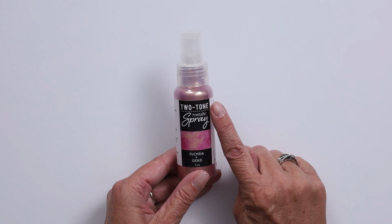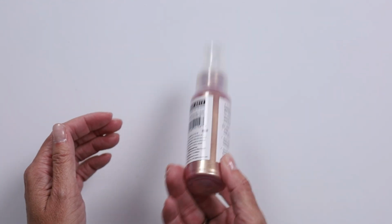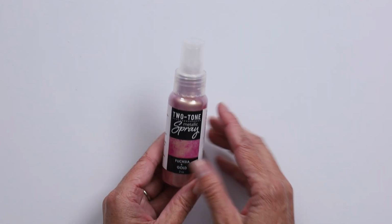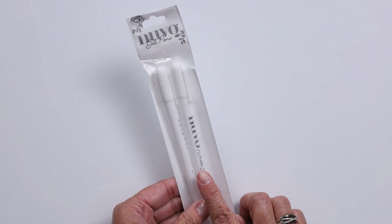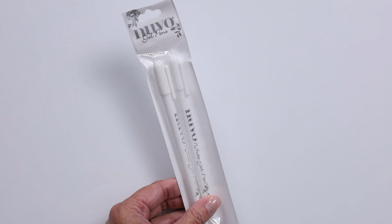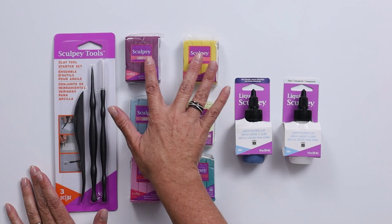From Spellbinders is this two-tone metallic spray. This doesn't come with any liquid in it. It is just that powder inside, and all you need to do is add water and shake it good, and then you have a spritzer. So you don't have to worry about it leaking while it's being shipped. These white gel pens are from Sonic Studio, and if you are a paper crafter, you definitely need some good high-quality white gel pens. We've got a couple different colors